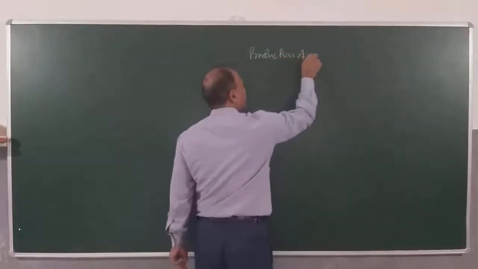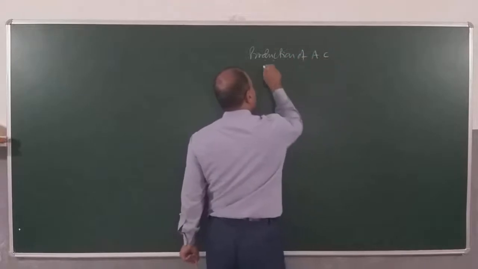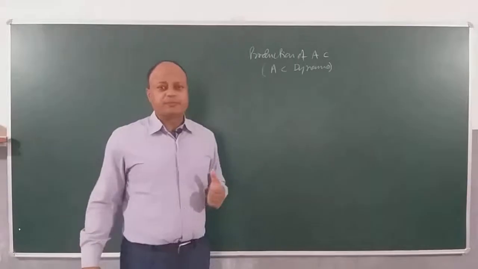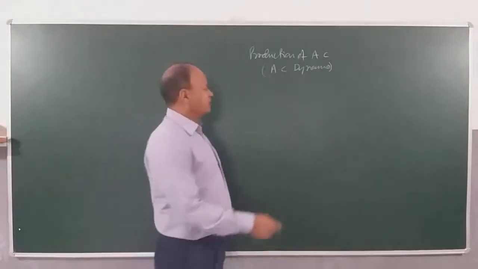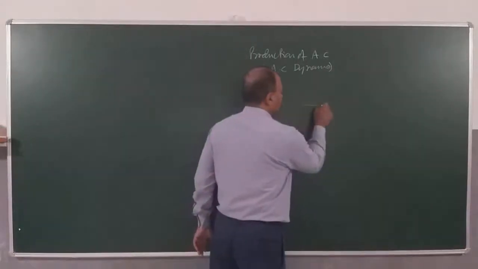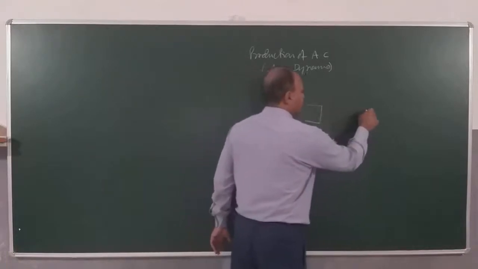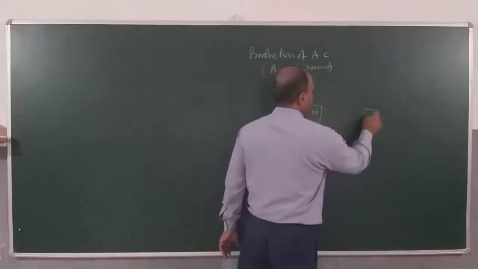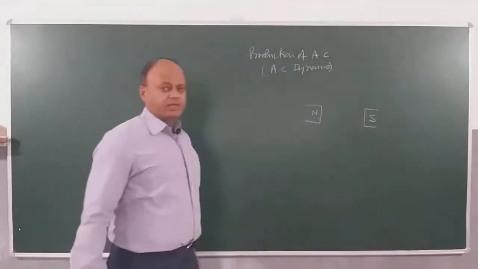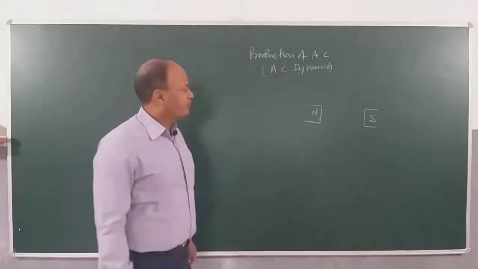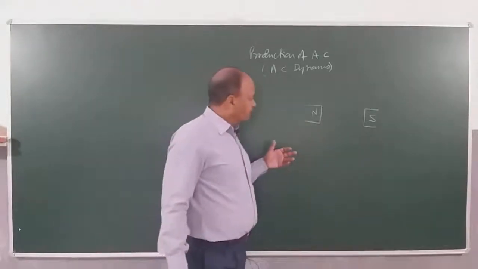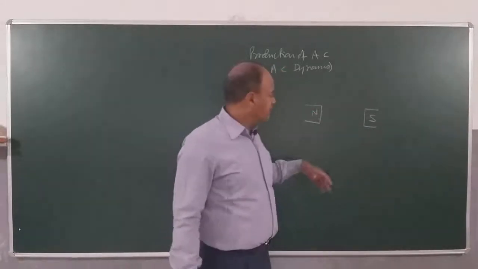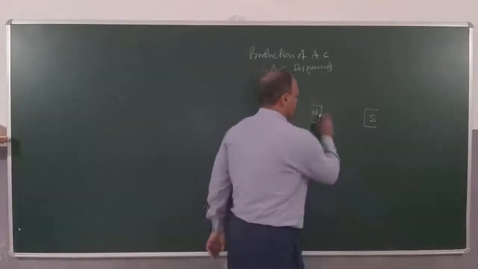Production of AC. Children, we are going to see how exactly we can produce an AC. Imagine a situation in which I have these poles of a field magnet. This could be poles of a permanent magnet, horseshoe magnet or electromagnet. You can choose the way you want. If I set up these as poles of the field magnet, then clearly you can see the magnetic field will be directed from north pole to the south pole.